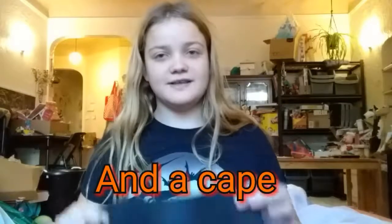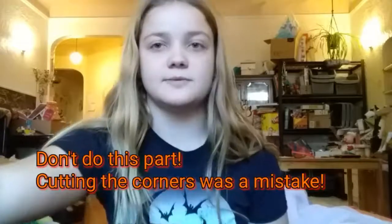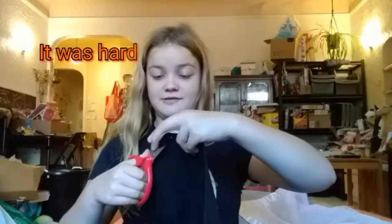The second thing we're going to need is a piece of felt. And what I'm going to do is try and make this like the collar part of the vampire. So I don't know how to do that yet. Okay, so what I'm going to do right now is just round off the corners so it's more like a vampire. I don't know how good I am at cutting felt, but